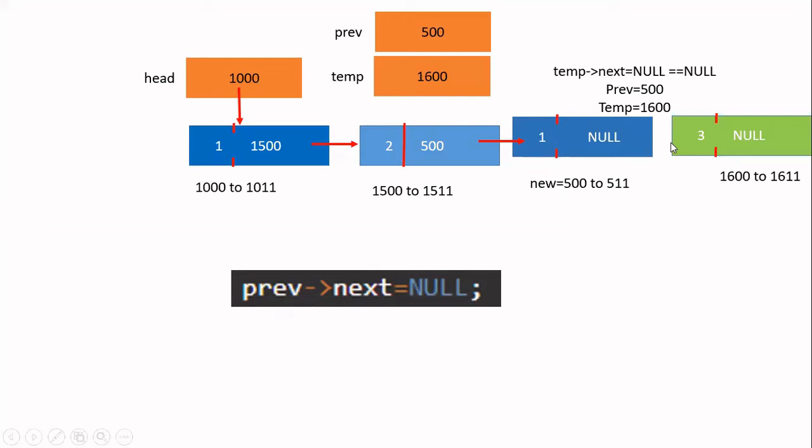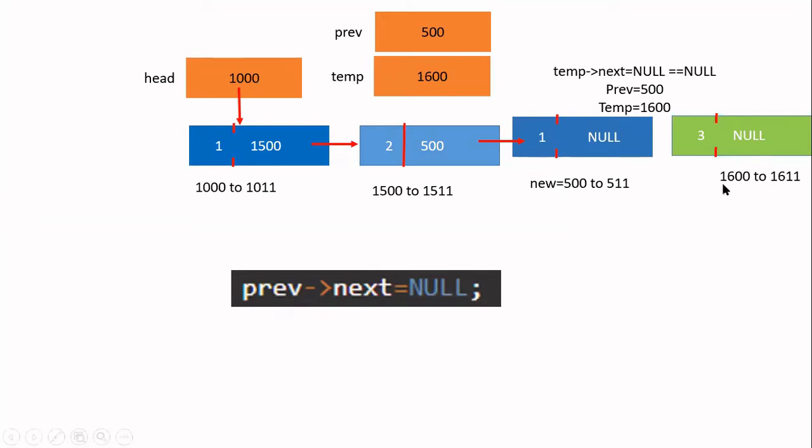Okay, what is the next step? Still this memory is free. This is not released to the garbage area. So you have to release this memory to the garbage area. For that you have to call the function free. Can anyone tell me what is the argument to free according to this diagram? See the values of address and tell me. Free of temp. Yeah, free of temp. Very good.